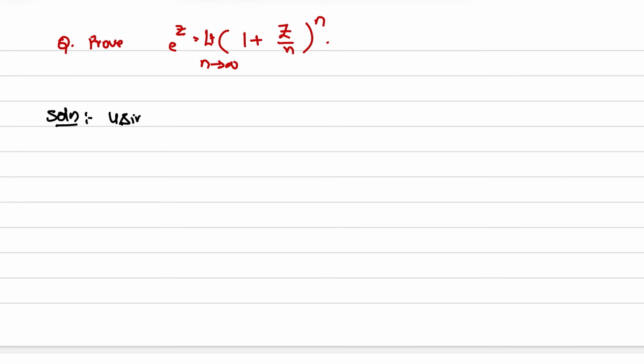using the logarithmic method. It's a very good method. Try to understand the concepts. What we have to prove is e to the power of z is equal to the limit as n tends to infinity of (1 plus z by n) to the power of n. Let us take the right hand side